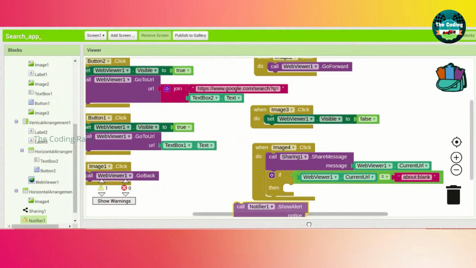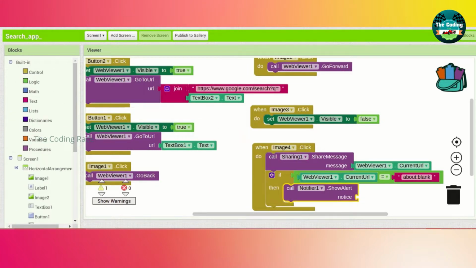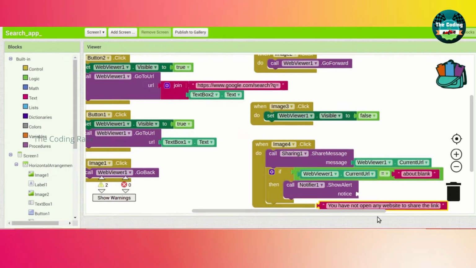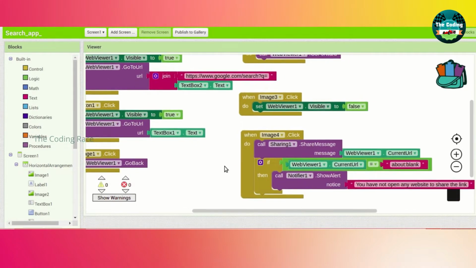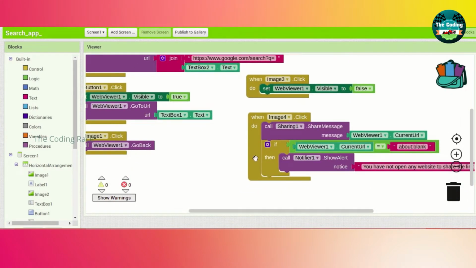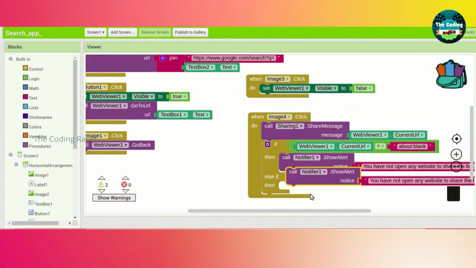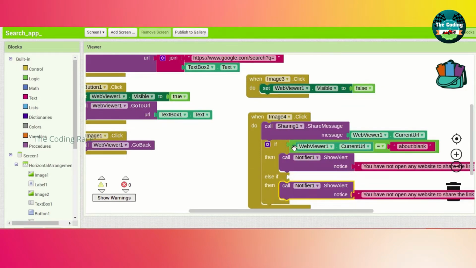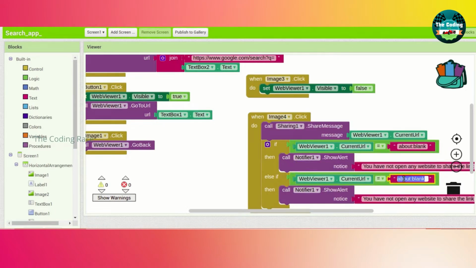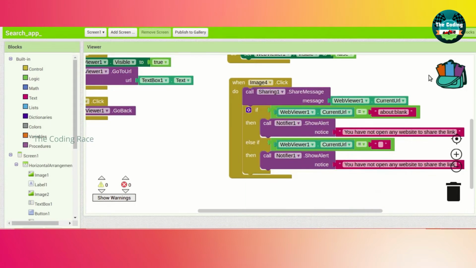There we will type about:blank, and go to notifier and drag and drop call notifier dot show alert. The notice will be, go to text. I have already typed: you have not opened any website to share the link. That will be the notice.